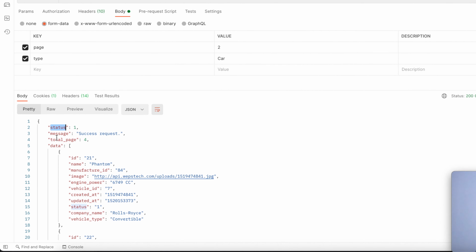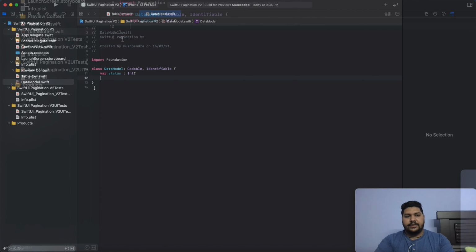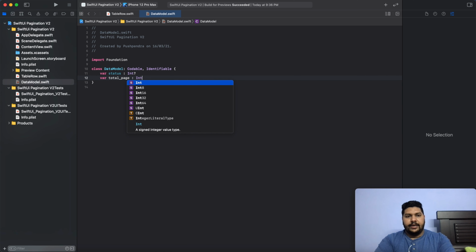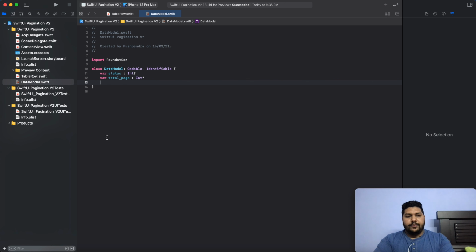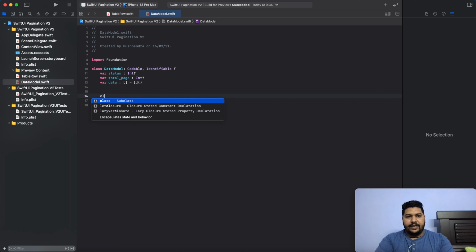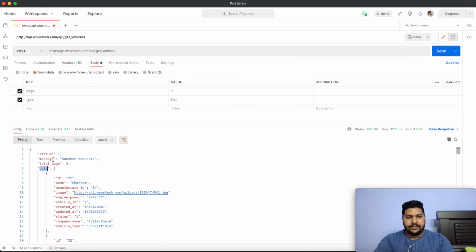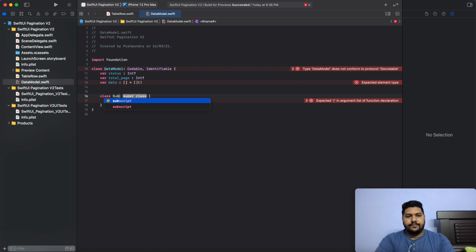In the same way message, and you can take total number of pages. I require that, so total pages equals Int. Now data is of type array list. So var data of type list, and the list I will define at the bottom. Now I will create another class called SubDataModel. Okay, this is also the same, Codable and Identifiable.